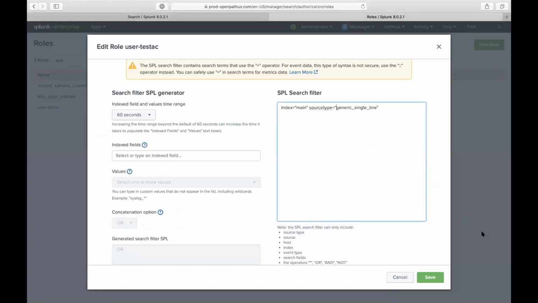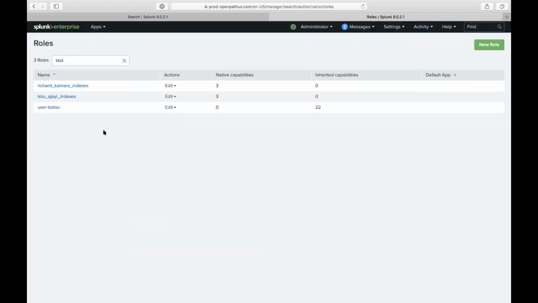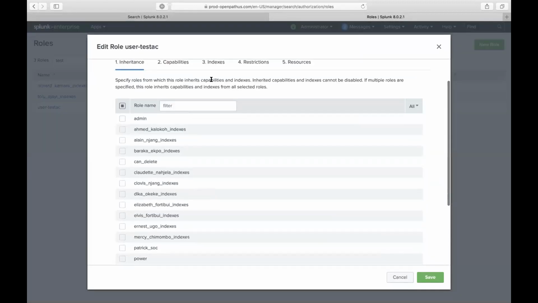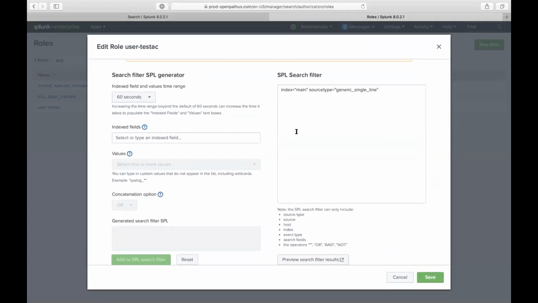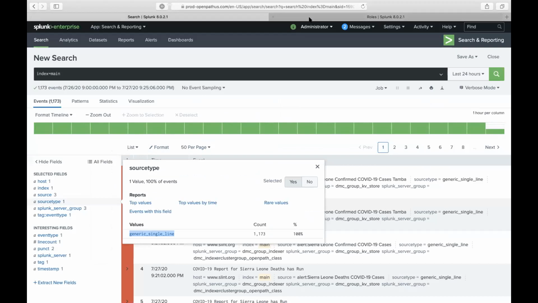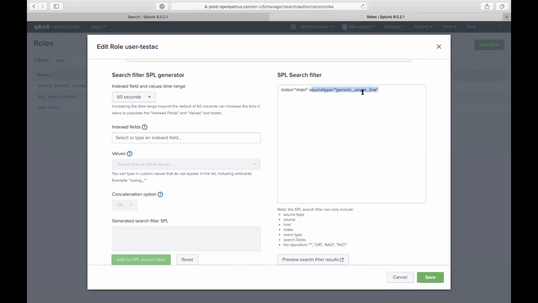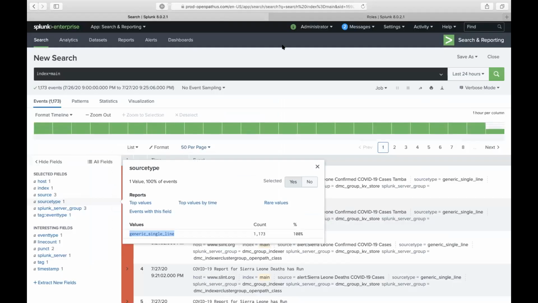That's right. Let me just save this. All right, so we added that, and now we go to our restrictions. Now this person's SPL search filter means they can only look at source type equals generic single line. So if this user has access to this index, they're only restricted to this specific source type. Even within the index itself, you can restrict them to say you can only do X, Y, and